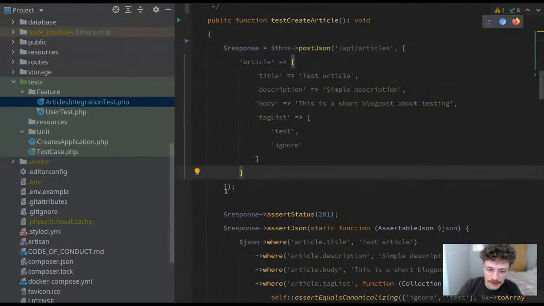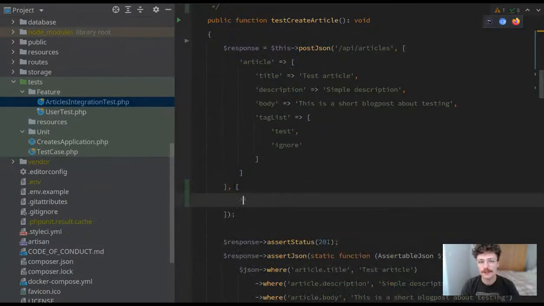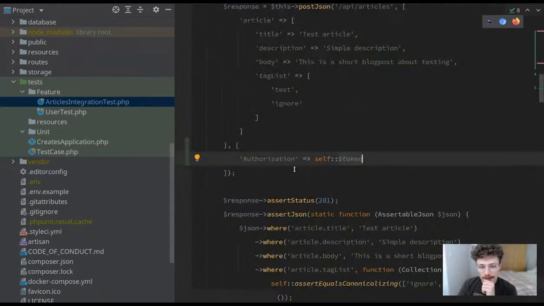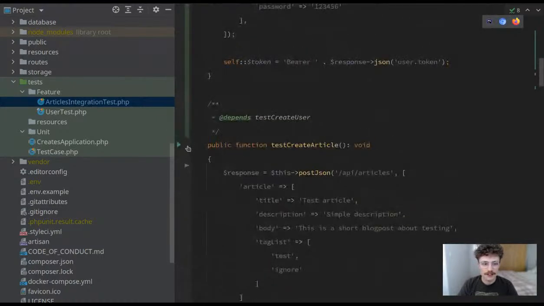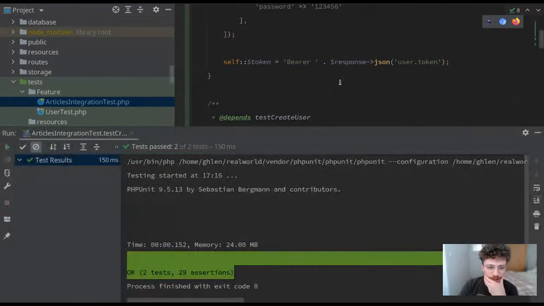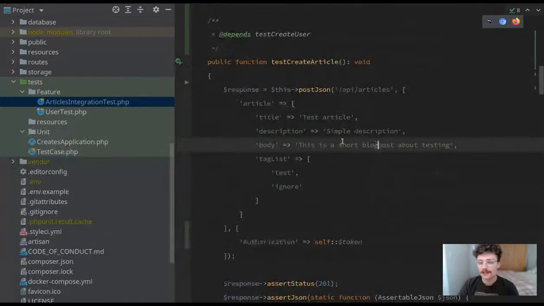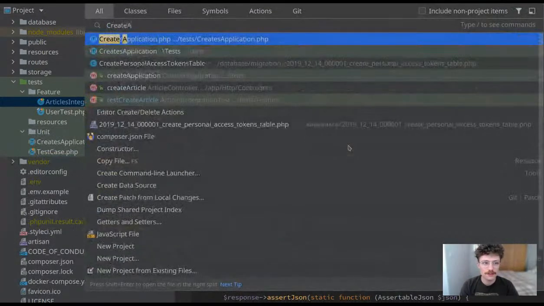Yep, we can add headers. And the next one, authorization self. Okay. So now our user should be logged in. Let's see if the tests still work and they don't crash. Yeah, they still work. So let's go back to the create article